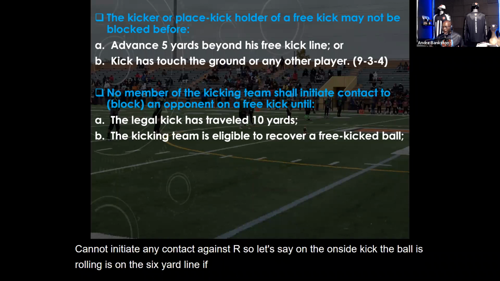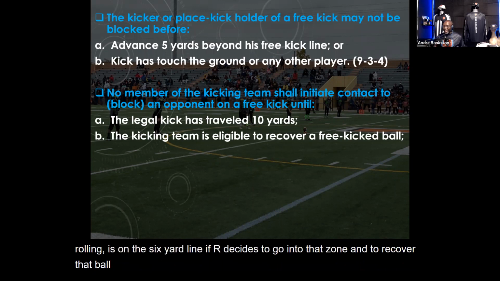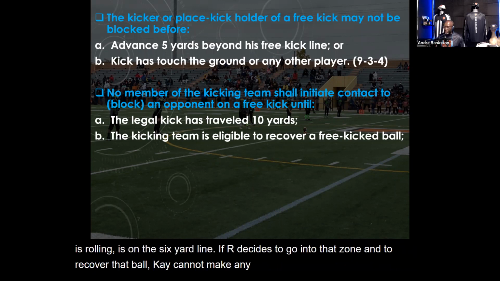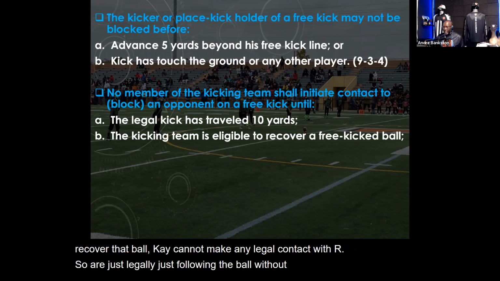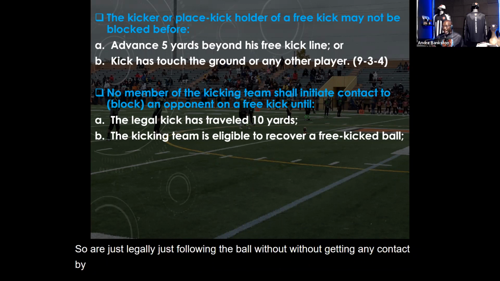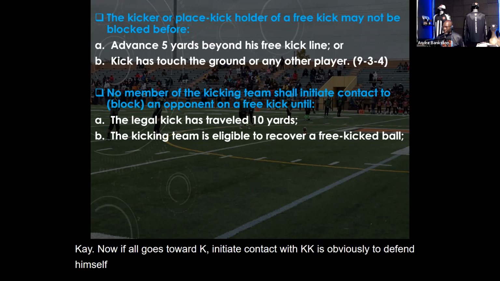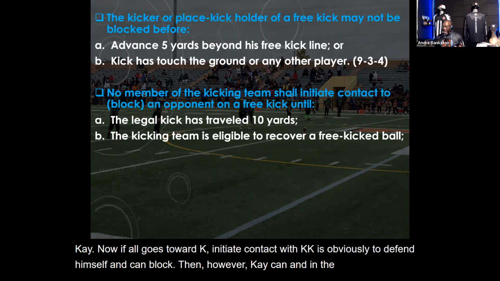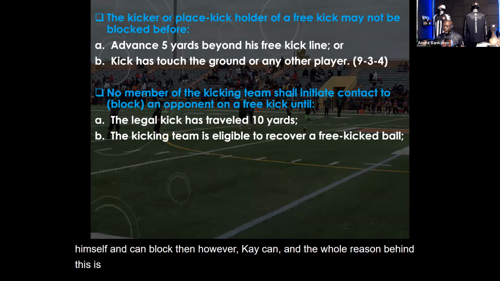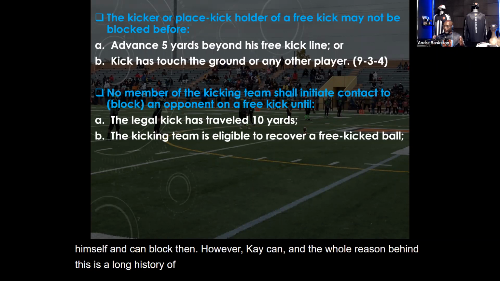If R decides to go into that zone and recover that ball, K cannot make any legal contact with R. So R can just legally fall on the ball without getting any contact by K. Now, if R goes toward K and initiates contact with K, K is obviously going to defend himself and can block then. However, K can, and the whole reason behind this is a long history of K just demolishing R on